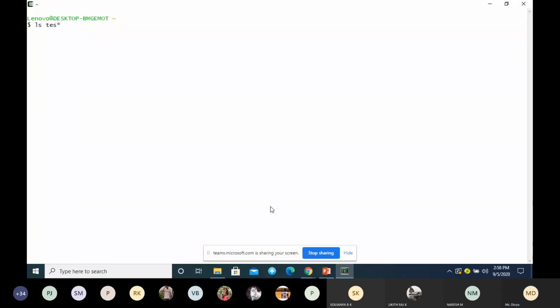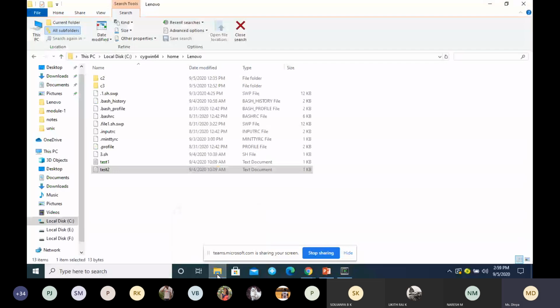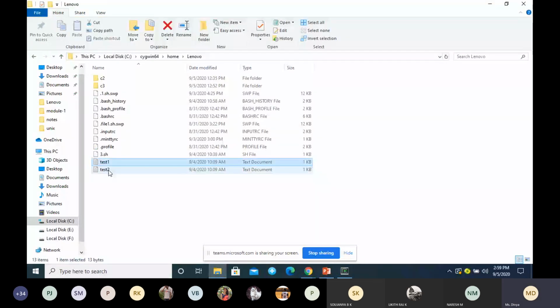I just want to list all the files which have TES, and after that I can have 0 or more characters. So star is a regular expression which represents 0 or more characters. See here it is listing. I have two files with the name TES, test1 and test2. So this is my home. Here you can see there are two files, test1 and test2, correct? So those two files it is listing.